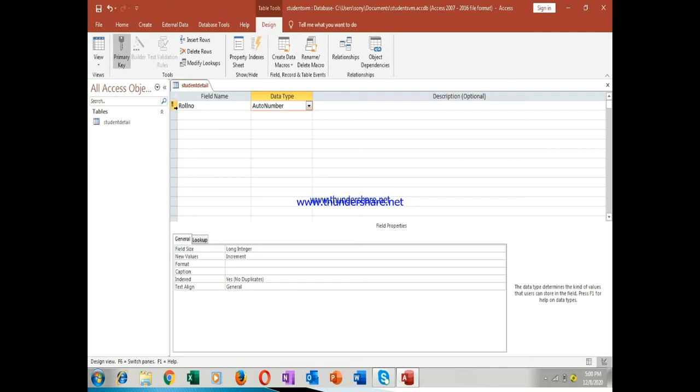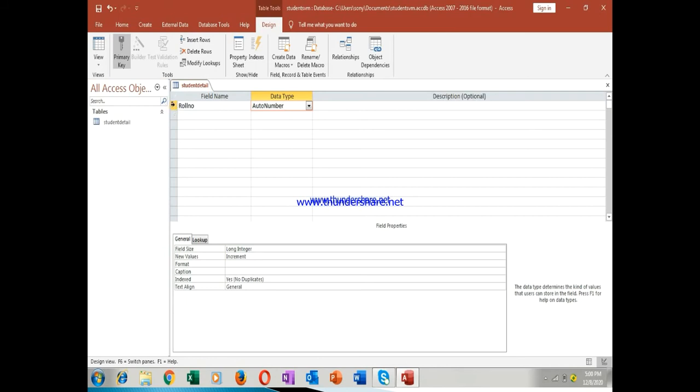Now you can see a small key here. This small key is known as the primary key. This ID field is known as the primary key. This primary key will identify each record, or each student from the other student. That is, each entity is different from the other. The same thing, each student has a different roll number.